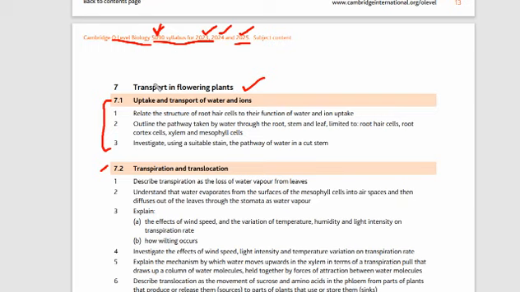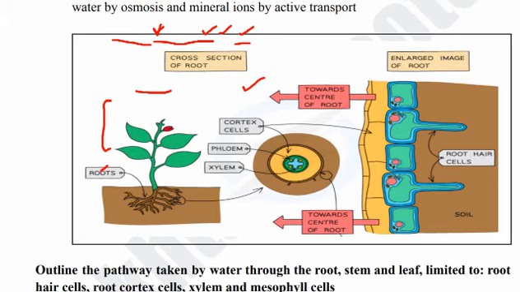Okay. So the thing that you need to understand is what is meant by transport. Transport means the movement of materials from one part to another part. Now we need to understand how plants transport materials from one part to another. As we already know, there is the vegetative part and the reproductive part of the plant. In the vegetative part, there are three things, basically root, stem and leaf. So how do the root, stem and leaf transport things from one part to another?